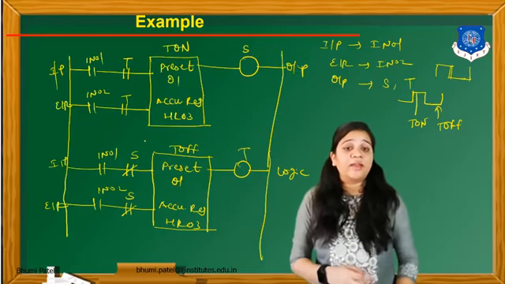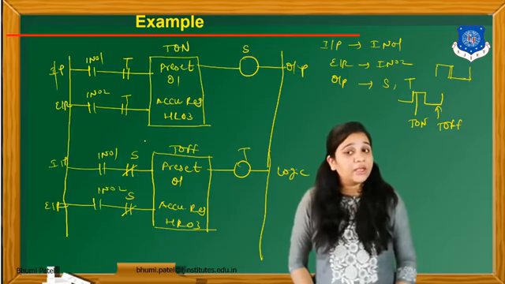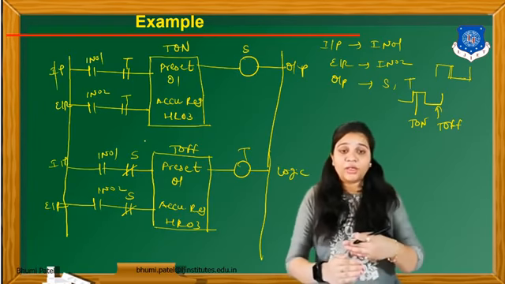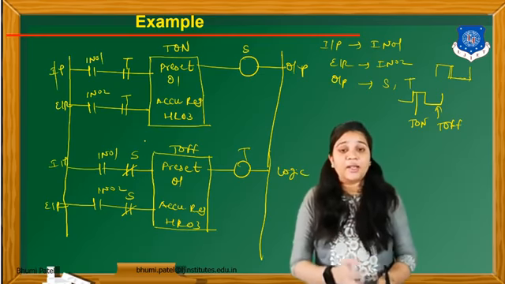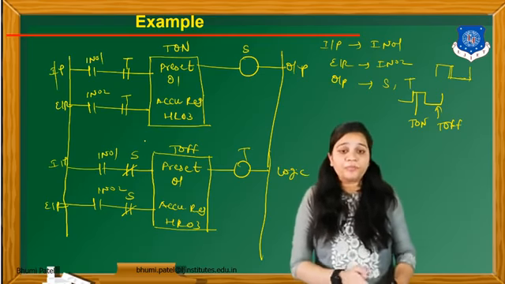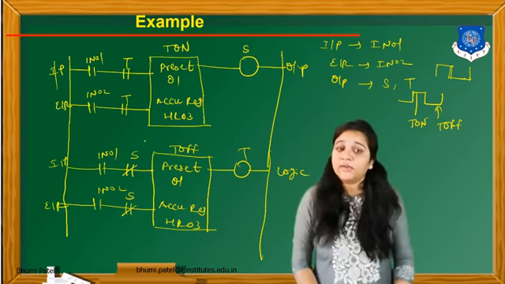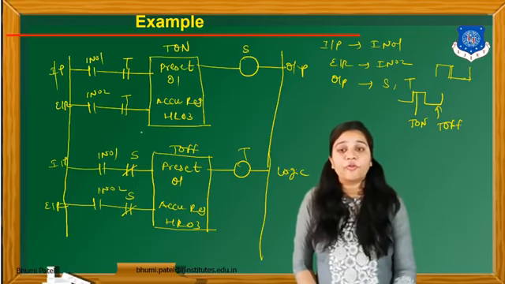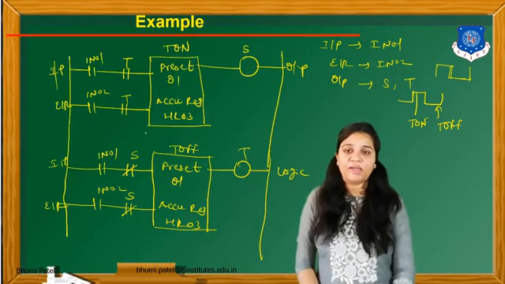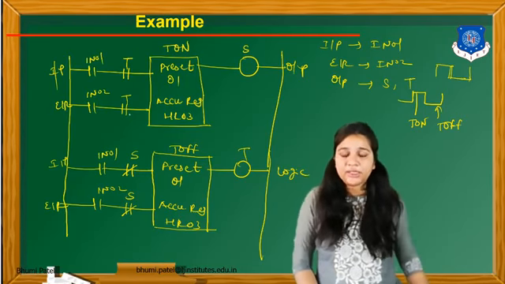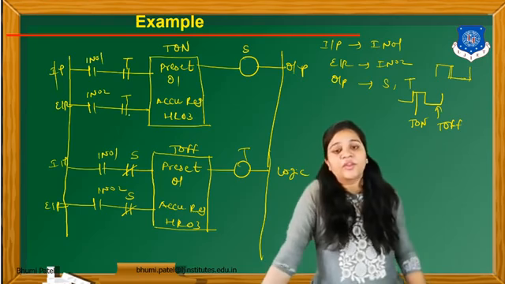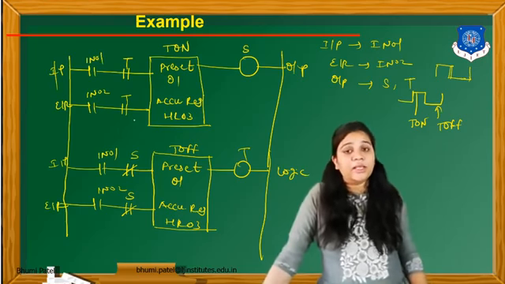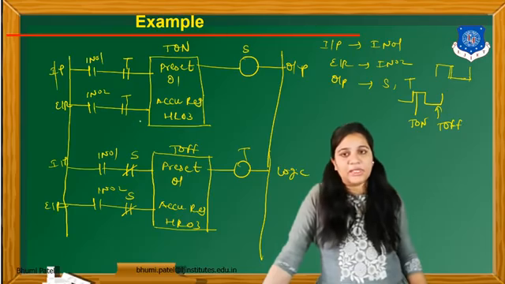As you remember, we use interlocking in the motor forward reverse direction. Whenever the motor runs in the forward direction, the reverse direction must be off, and whenever the motor runs in the reverse direction, the forward direction must be off. We follow the same logic here in this square wave generator. So using the frequency and duty cycle, we can easily find the timer values for this system, and then we draw the ladder logic diagram.